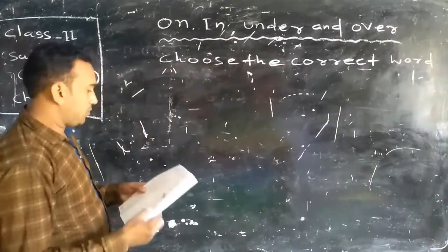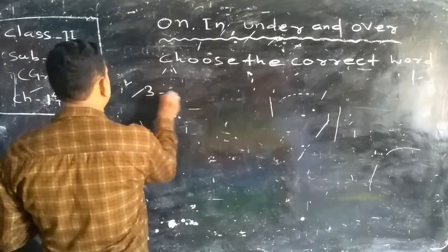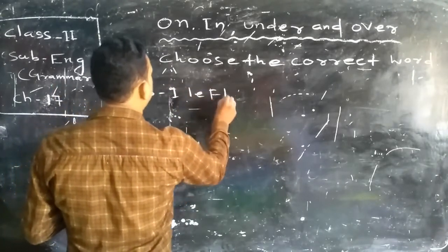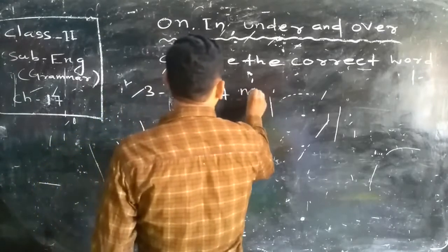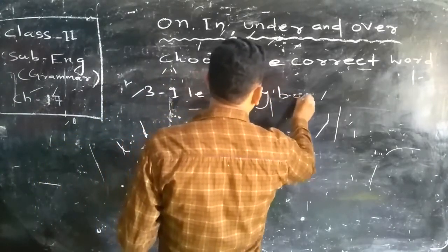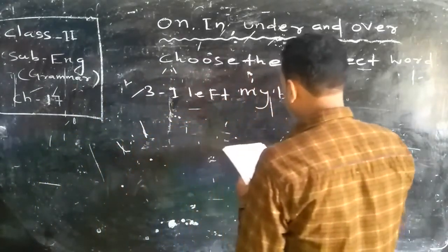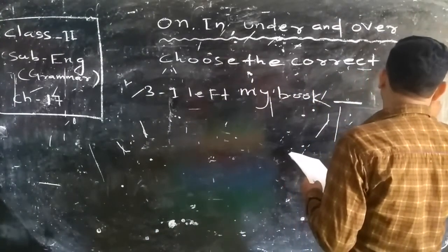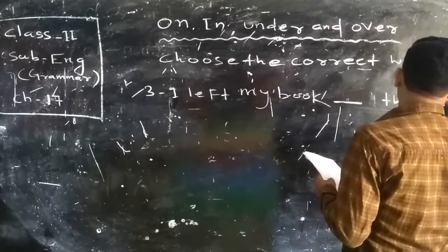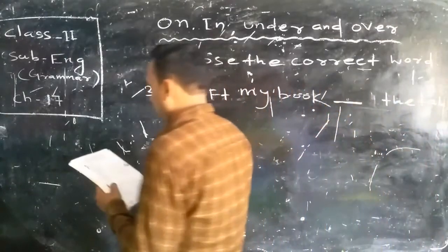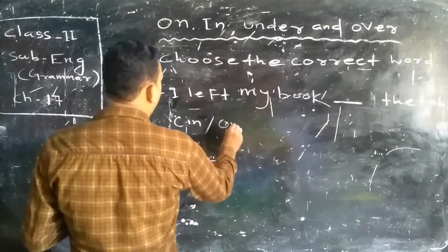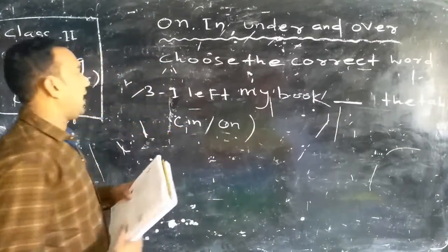Okay, then we have to do the third number. I left my book dash the table. Okay, see the blackboard properly. Here in or on. Two options. I left my book